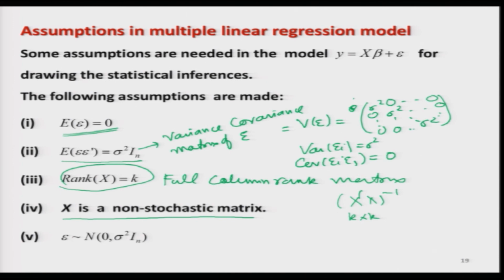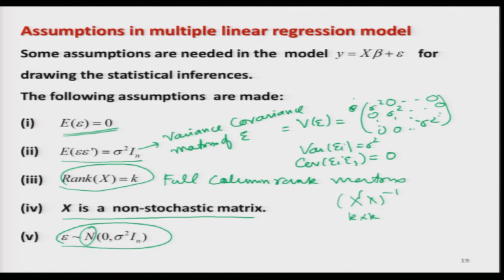And finally, we assume that epsilons are following a multivariate normal distribution with mean vector 0 and covariance matrix sigma square I_n. So, this is again an extension of the earlier assumption we made in the case of the simple linear regression model, and here I would like to repeat once again that the assumption of normality will be needed